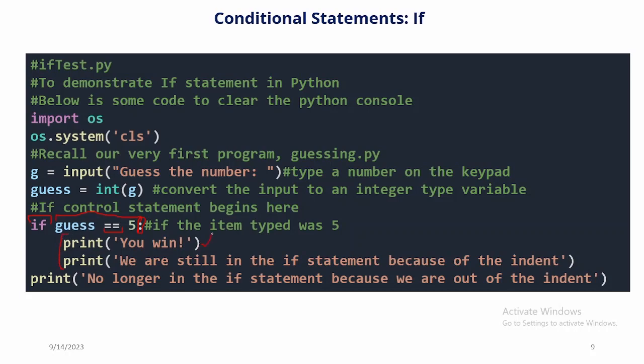So first thing, we printed the value. Whatever else you type under it that is indented is going to be executed. The moment you type any other code that is outside the indent, we are out of the if statement. So the if statement began from here and ended at this point, where there are indented lines of code. So that is exactly how the basic if statement works in Python.